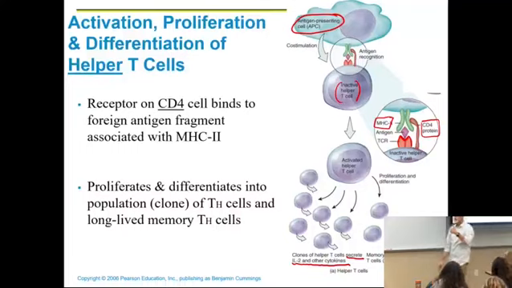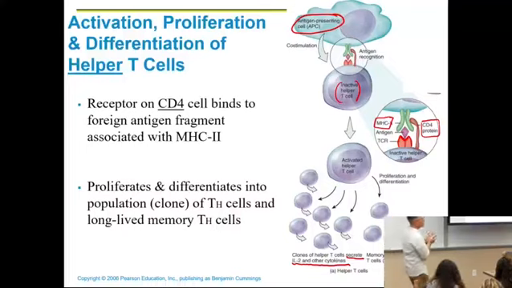Inter means between. Leukin reminds us of leukocytes, that stimulates white blood cells. So as a helper T cell, it is releasing chemicals that amplify the response of other cells. Most notably, helper T cells release chemicals that will stimulate the B cells to